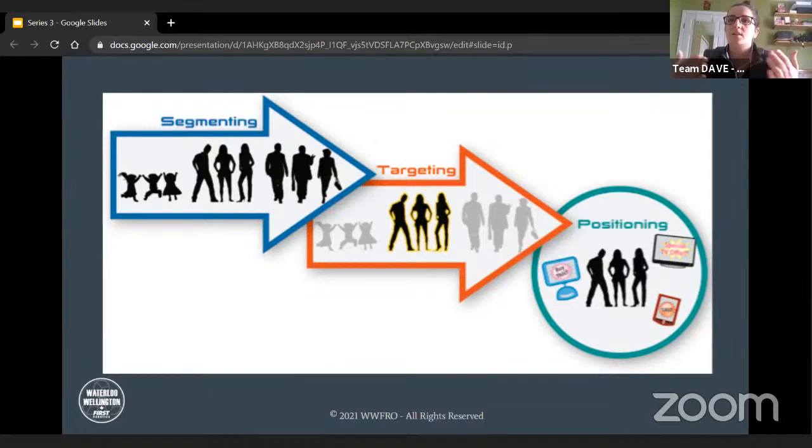Targeting is the process of identifying the most attractive segment within segmentation. It's usually the one that's most profitable for the business. And then positioning, which is the final process, is a little more business-oriented. It's where the business must assess its competitive advantage and position itself in the consumer's mind to be the more attractive option in these categories. For this, I'm going to go through what segmenting, targeting, and positioning are, but we're going to use the example of toothpaste.